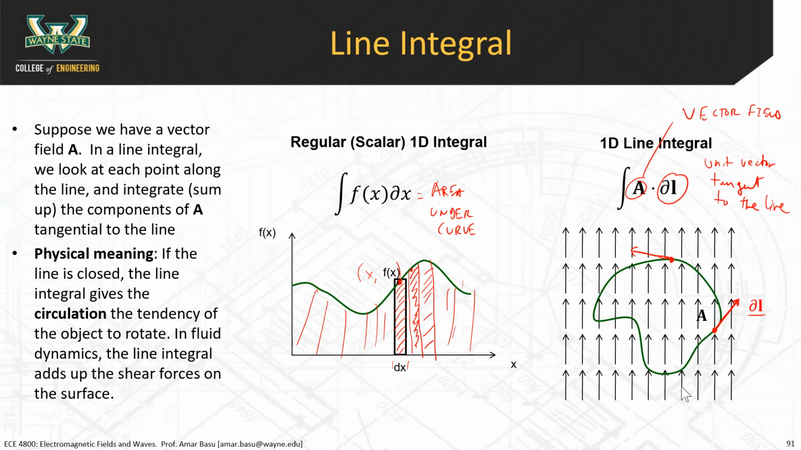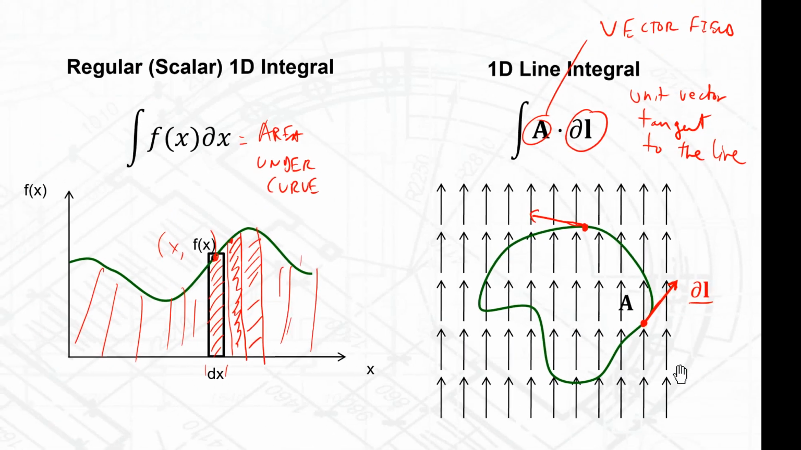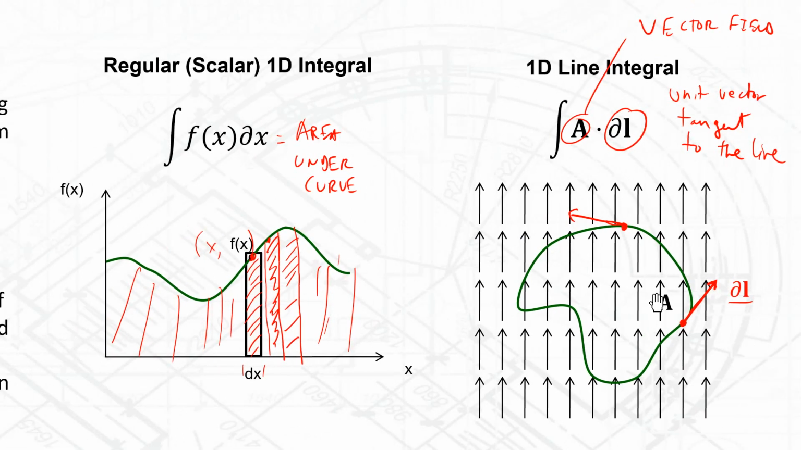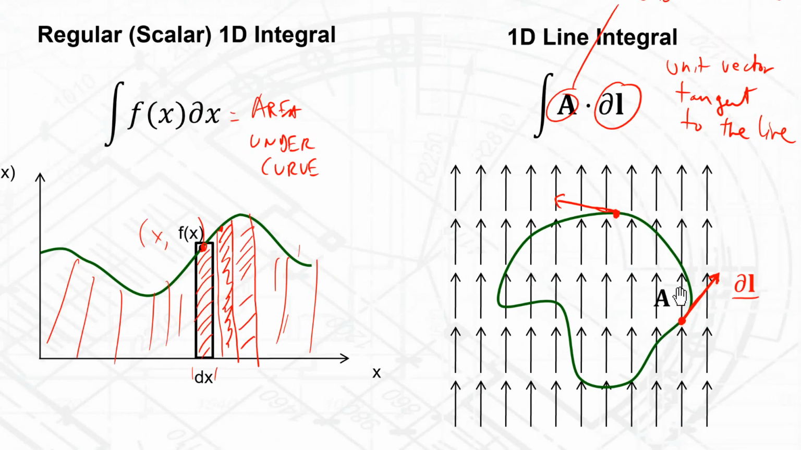What the line integral will tell you specifically is, if this line represented an object placed in a force field described by the vector field A, the tendency of this object to rotate. Now, why is that? Let's look a little bit more closely at this. The line integral is taking A dot dl at every single point. If we look at this example here, we're at this point shown in the red dot. The vector field is pointing in the upwards direction,